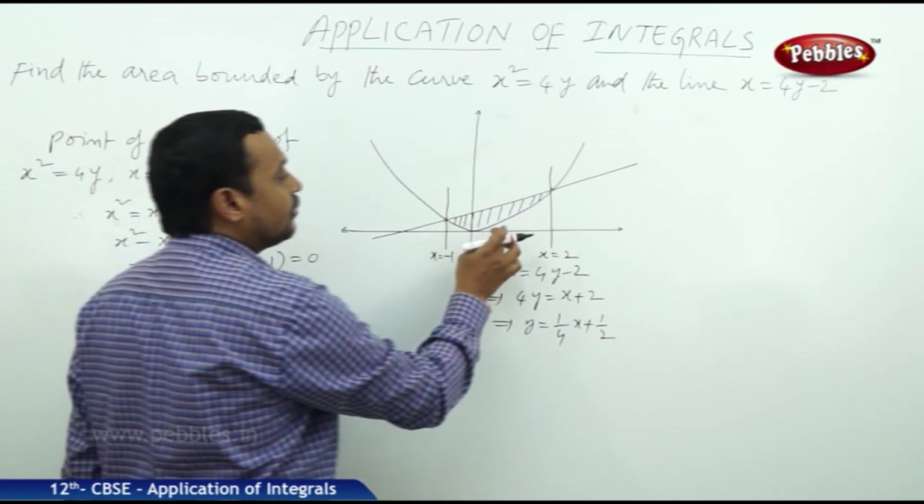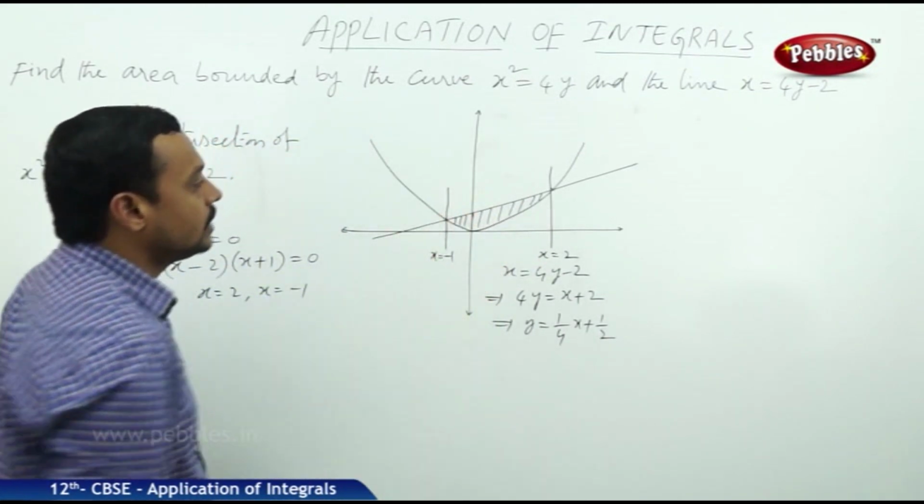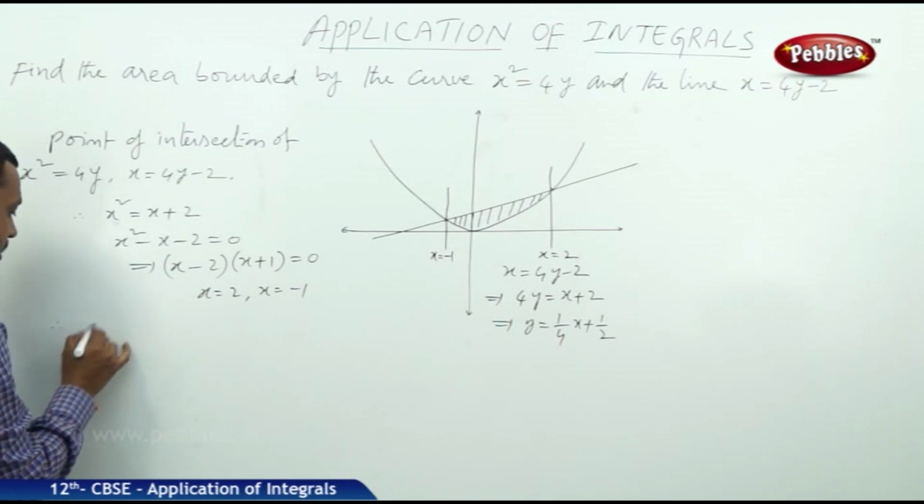So the difference of the two areas gives the area bounded by the line and the curve. Therefore, the required area is equal to,